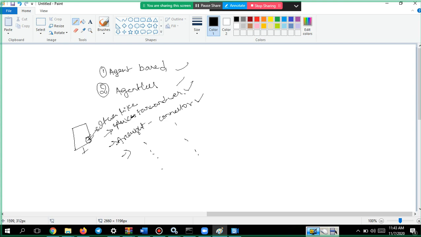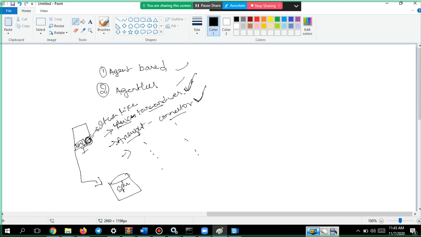You install those agents and tell them where the log folder is present, which file you have to select, and to where it has to be sent, that is, to which Splunk or any SIEM. If you are using Splunk, you have to use this. If you are using ArcSight, you have to use this. Same way, different vendor SIEM products have their own agent softwares. In our case it is Splunk, so we will be installing the forwarder here.